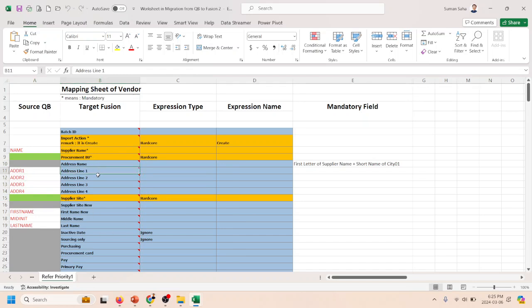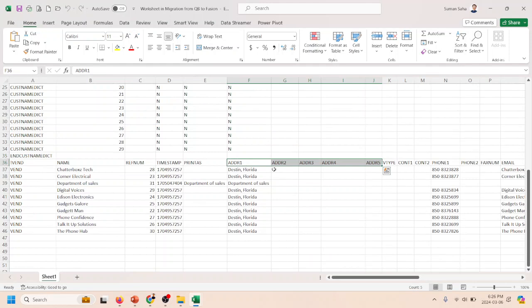Up to the line, if there is any line 5 that has to be addressed out here within 4, or you have to create one flex field to capture that, right? So that kind of activity you have to do. If there is any fifth, then you have to create one descriptive flex field, and out there you can map with that,